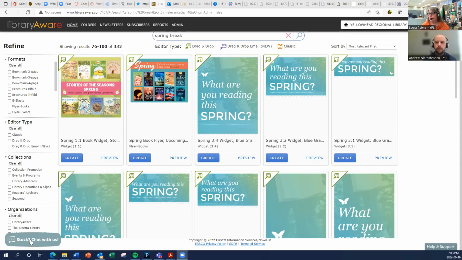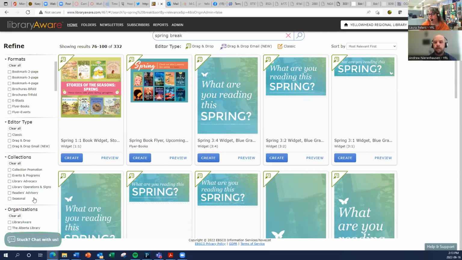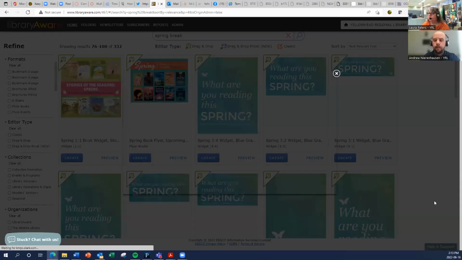So what I would recommend is to click on this Stuck button and just type in here that, I added my branding, but I'm having difficulty getting it to actually load into things I'm working on, and they will look into it and help you instantly. Super, super helpful. The other option is their help and support button, which is just down here at the bottom, and it will take you to